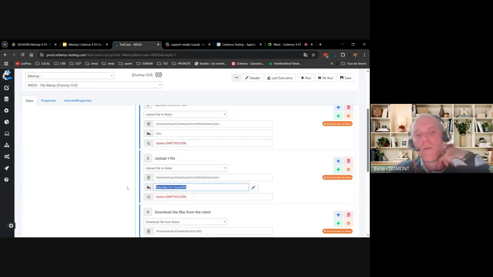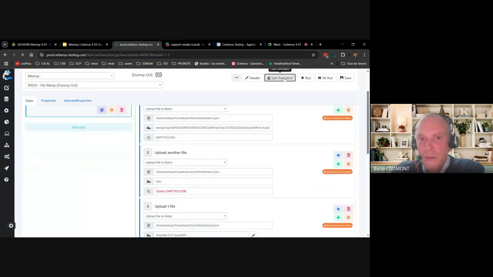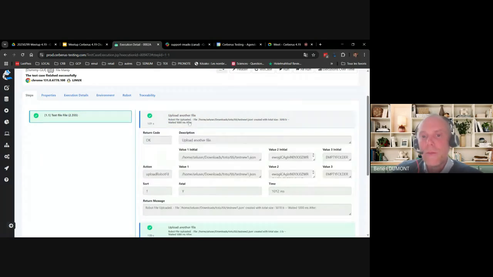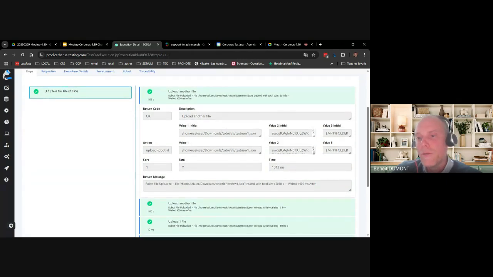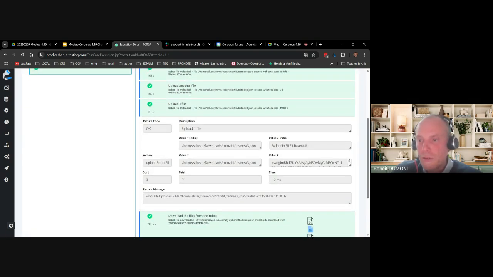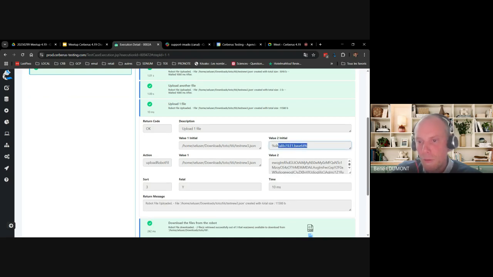So basically, you upload the file and you just point to the base64 version when you upload them, and it works directly. So if I check the last execution, how it appears, this is what is done on the file. We can see here what Cerberus executes behind the definition. On that action we see now that the variable base64 has been replaced by the real value of the base64.